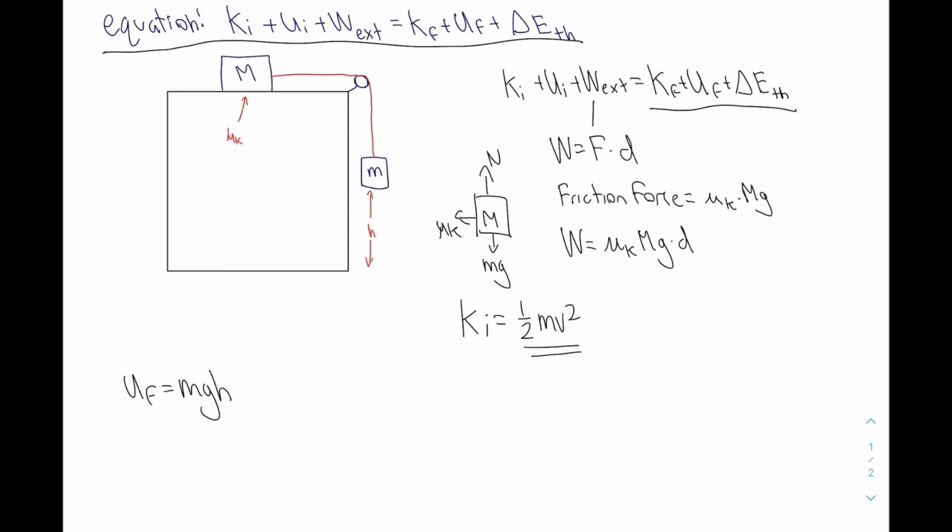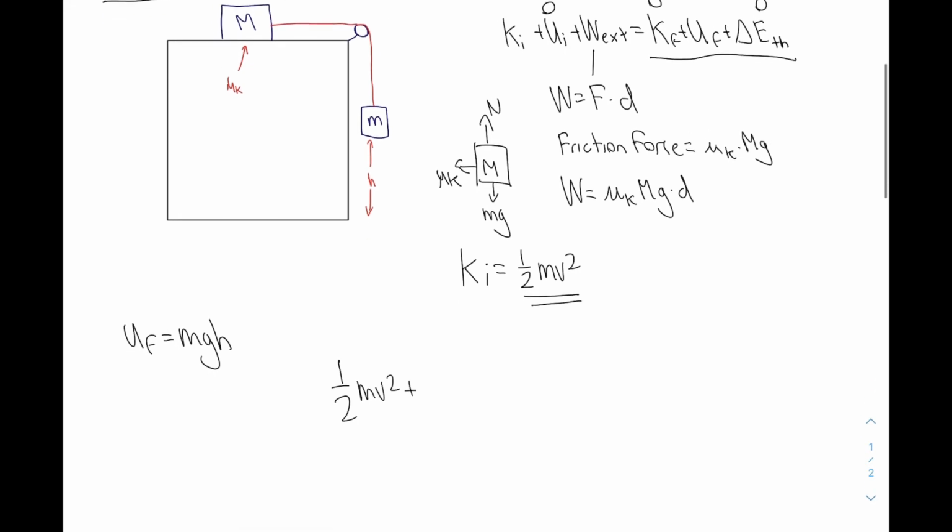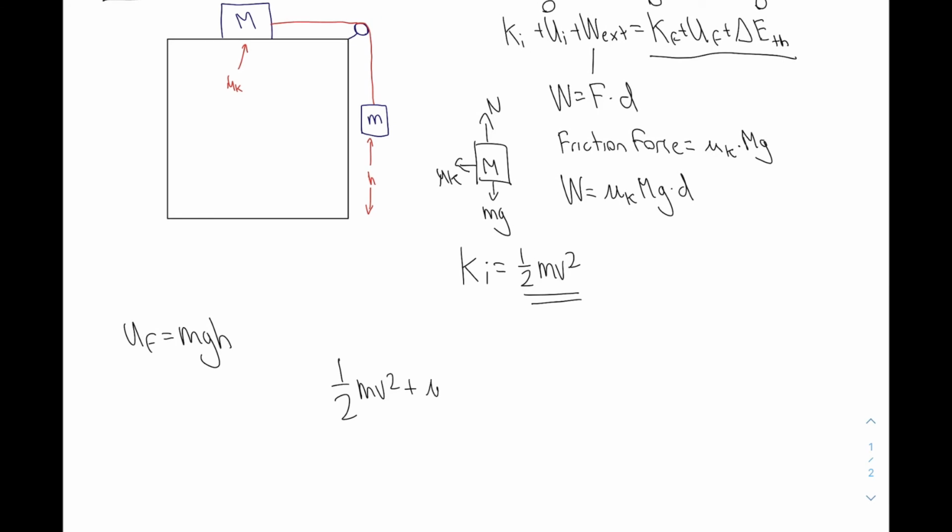Now we can set those equal to each other. Let's just write these as 0, 0, 0. They're negligible. Now we have 1/2 mv squared plus the work, capital M times displacement, which is equal to potential energy, mgh. Now we'll solve for v, which is what we're trying to isolate for. Solving for v, we get